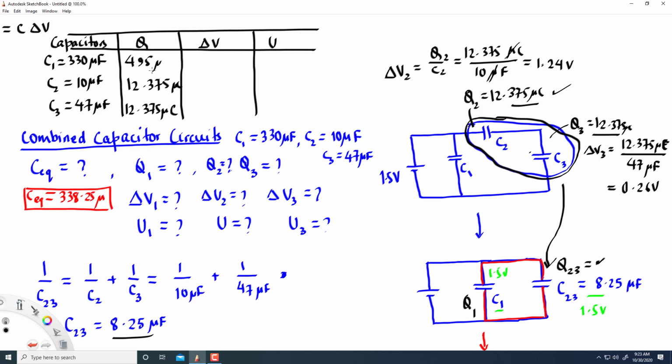495 microcoulomb. And then delta V across that is 1.5. Okay. Delta V across C2 is that 1.25, 1.24, sorry. And then delta V across C3 is that 0.26 volts. Okay, now energy, to find energy we have this formula,